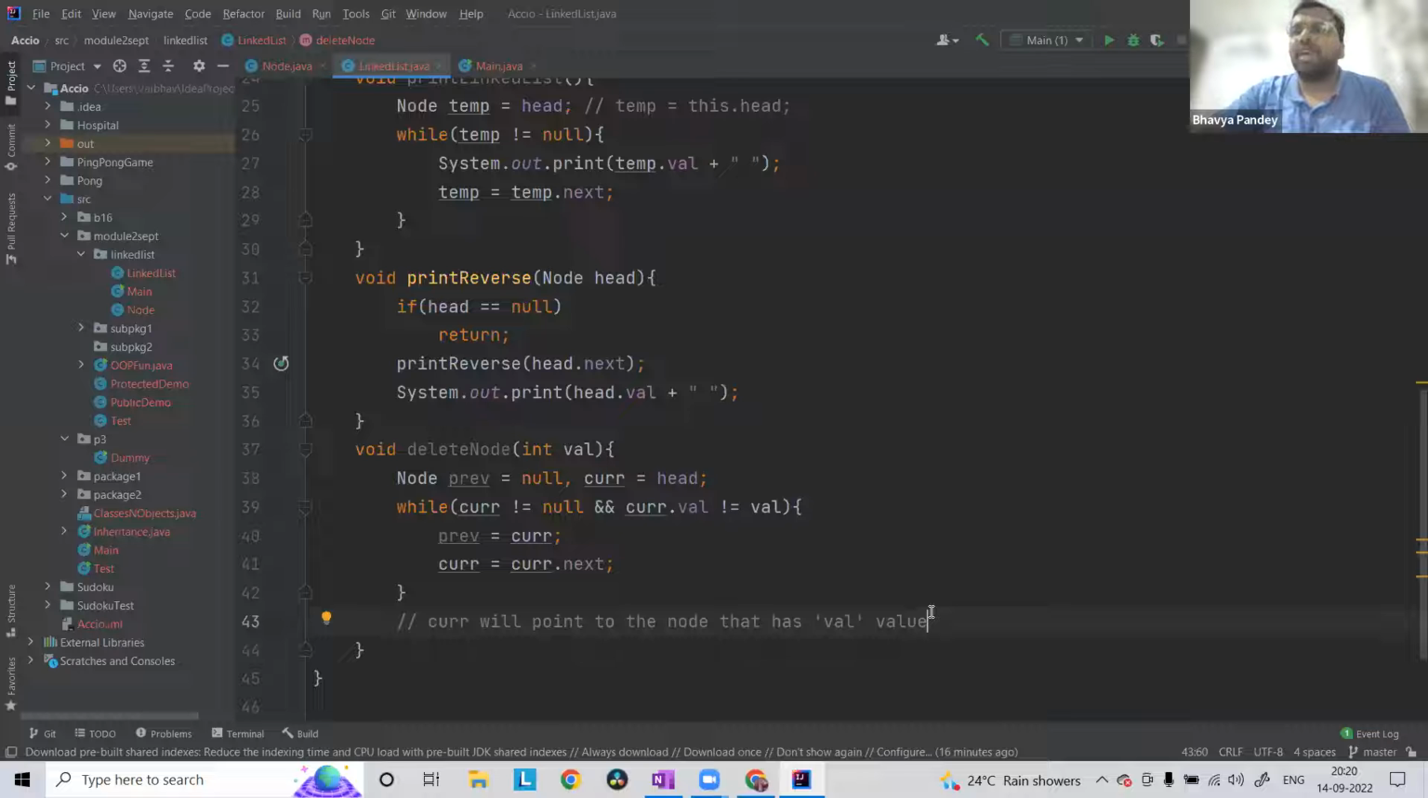So if we have duplicate values, that's a different scenario, Bharat. In that case, the question will tell you to delete the first occurrence or delete the last occurrence. In that way it will happen, right? So don't worry about that. Anyways,